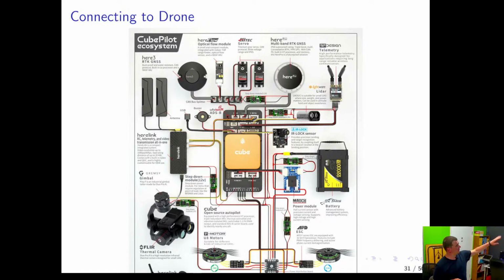I kind of cut this off, but this is a poster of one of the main autopilots that you would use. It's right here. This is called a cube. It's basically just a small processing element that connects into a carrier board that has all the connectors. If you're building a big agricultural drone, some kind of surveillance thing, this is basically what you'd be using, this or the Pixhawk. I think it's an old version of these slides, but